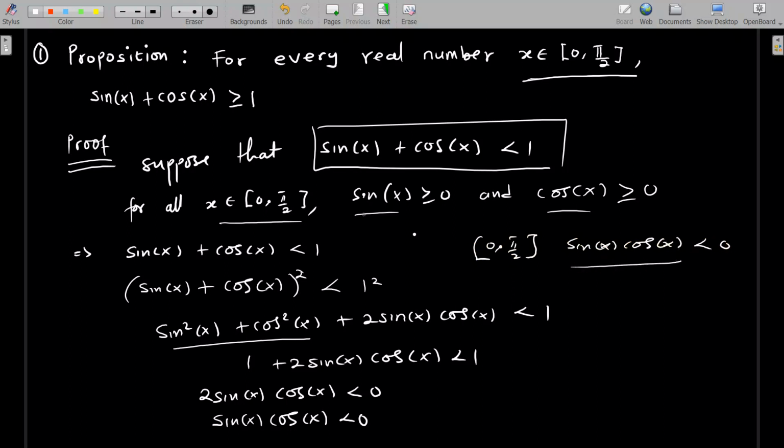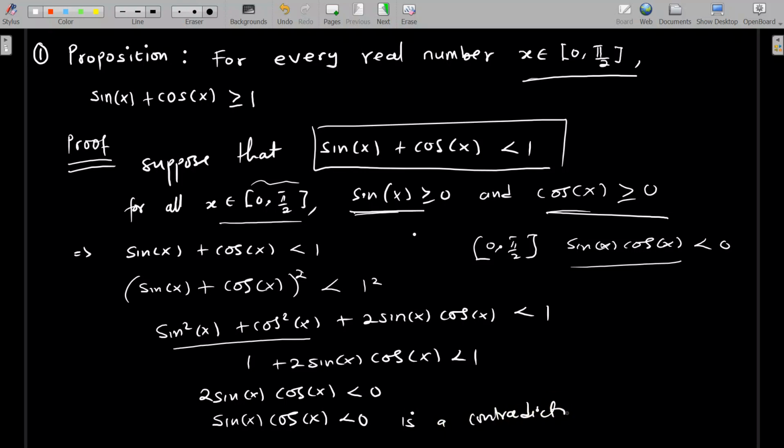But we also know that sine of x is always greater than or equal to 0 for x in this interval, and so is cosine of x. If you multiply these two, they are both non-negative, so I should get something that is non-negative. This means cosine is not negative, sine is not negative, and their product will also not be negative. It's just a normal multiplication rule: if you have two non-negative numbers and you multiply them, you get a non-negative number. So this means the claim we've gotten here is a contradiction,